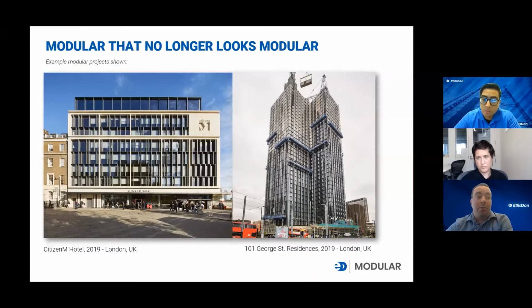And that's really where you optimize and get your efficiencies from a modular perspective. So that's where volumetric modular comes into play, and certainly where ED Modular is going to be focused. In talking about dispelling the myths of modular,